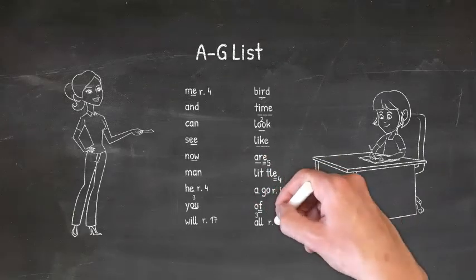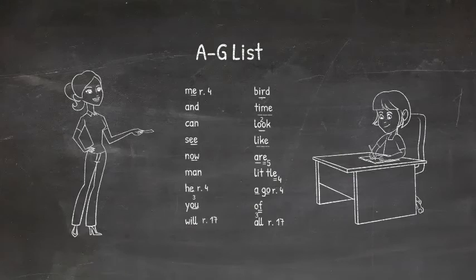And then the last one is all. We put a little 3 over the A because he's saying its third sound. This is a flossy word, so we double the L and write rule 17. This is an extra tall squash word. A says aw when it's following W, preceding L, or hanging out on the end all alone. Now, you don't have to say all of that, but it doesn't actually take that long.